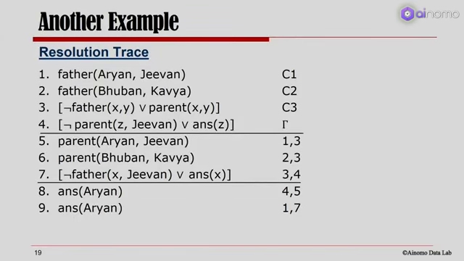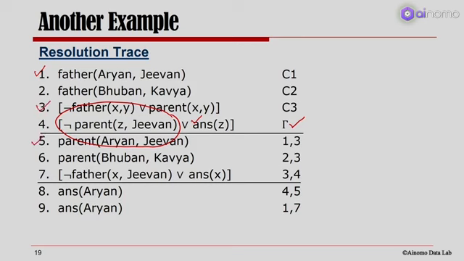So here is the resolution trace where I have added gamma, which is not only negation of the goal statement but also an answer literal,